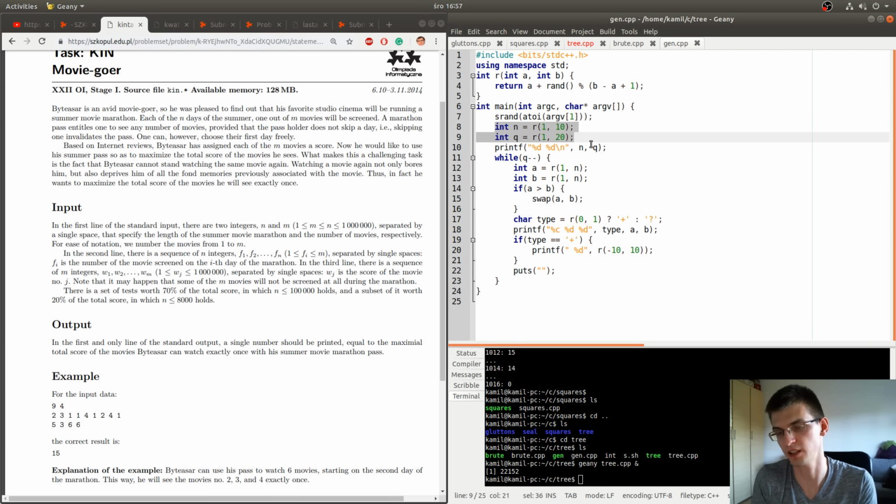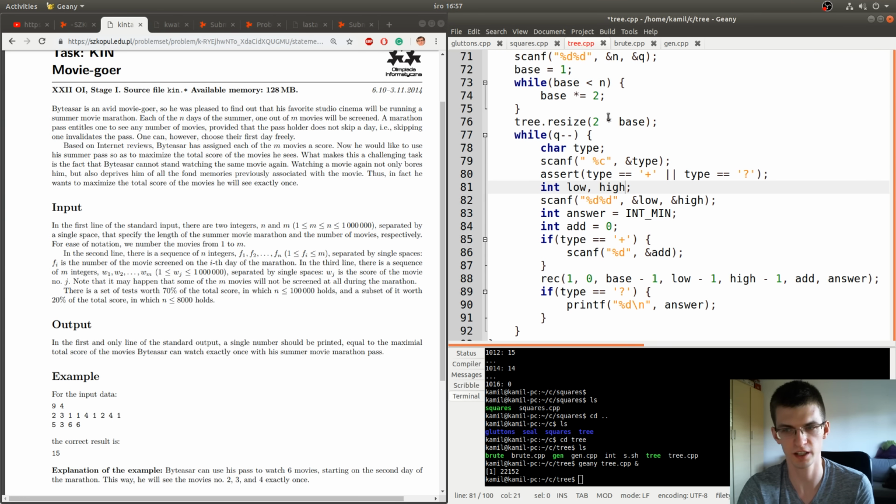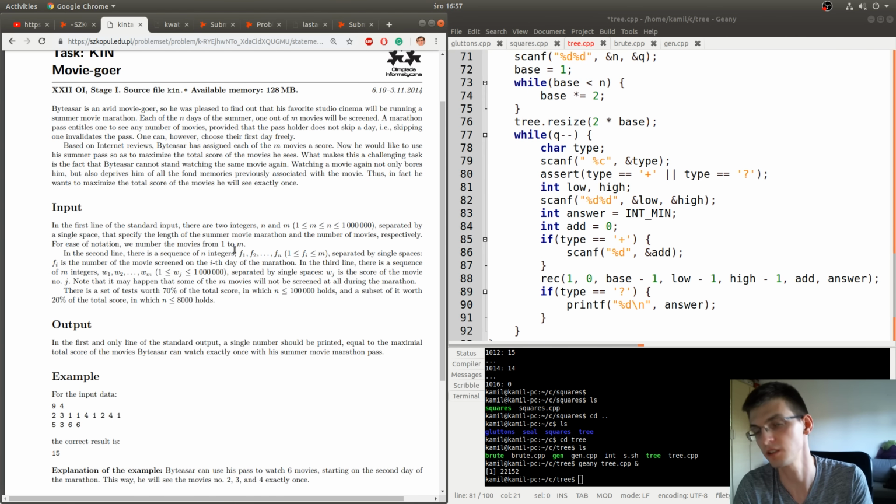And I recommend that to you during contests, unless you're close to the end of the contest and you don't have much time. Then you must risk it and just write a solution without testing and hope that it will work. But especially for beginners, I recommend this way. So I made sure that my tree works with lazy propagation, and then I would apply it to the problem here, being now sure that it works.